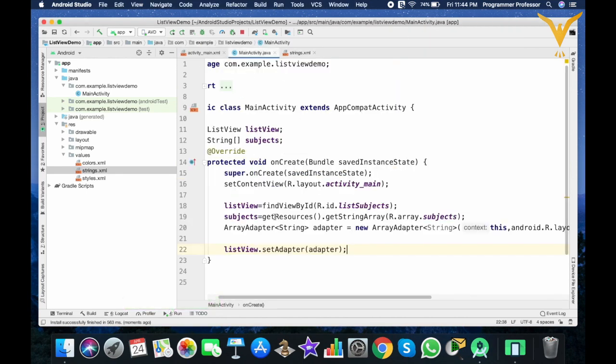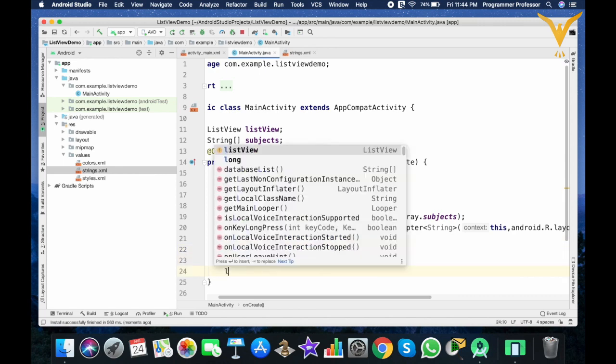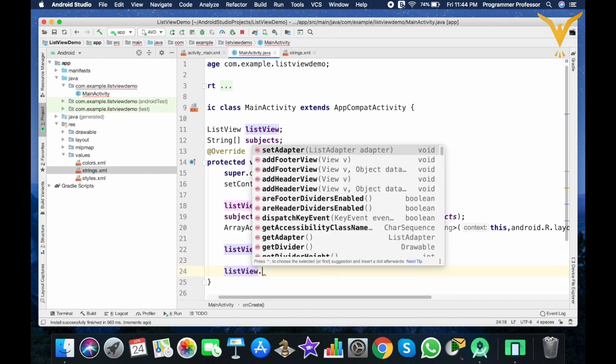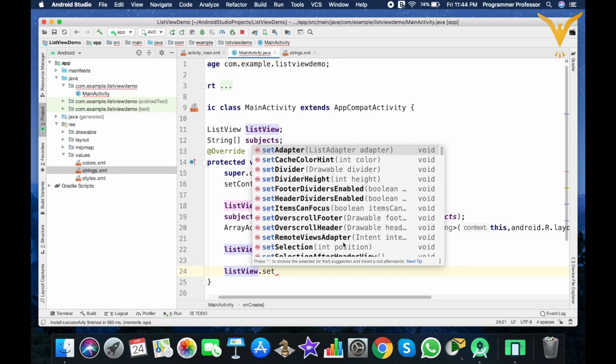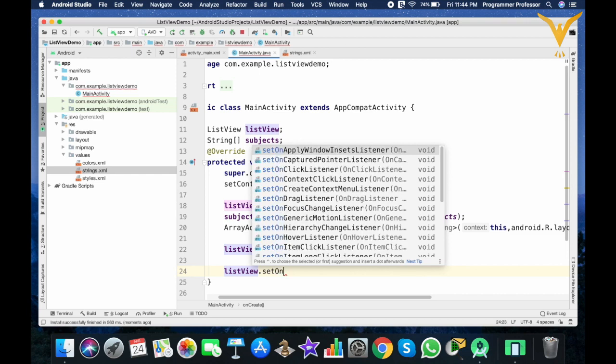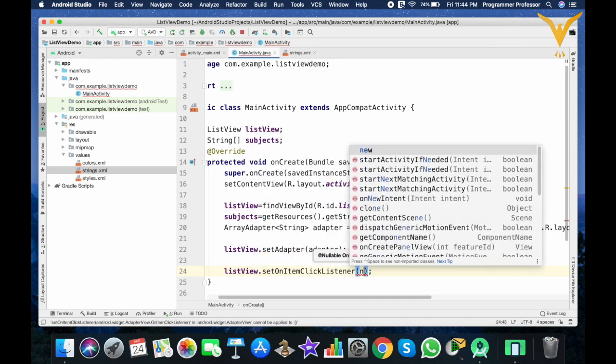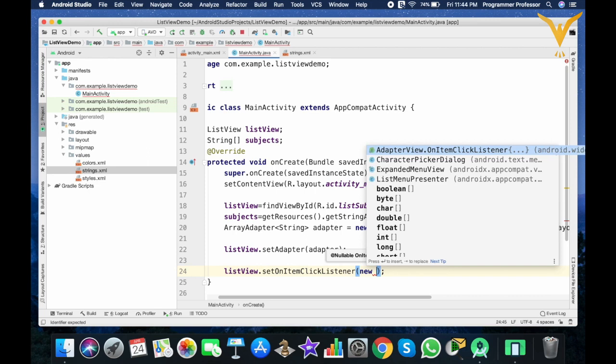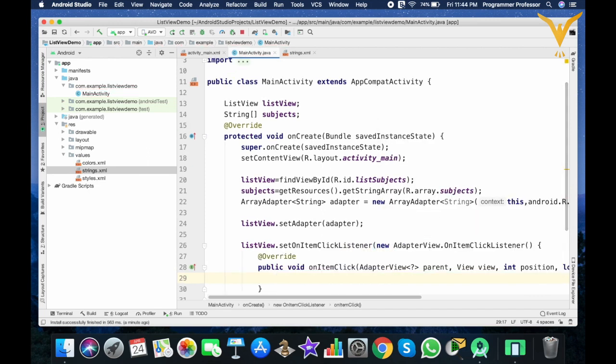Go to the MainActivity.java, listView.setOnItemClickListener, new AdapterView.OnItemClickListener.